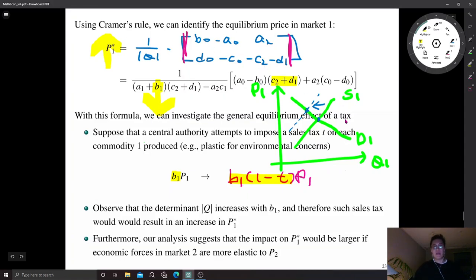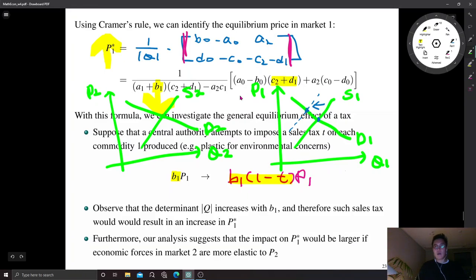Okay, so what does it mean? Because if we have market 2, the increase in price 1 is not the end of the story, because customers in market 1 will respond to the increase in price. So they no longer consume good 1 and rather switch to commodity 2. So they stop consuming good 1 and start consuming good 2. Right? So now we consider market 2. So here Q2 and P2 and the demand curve and supply curve.